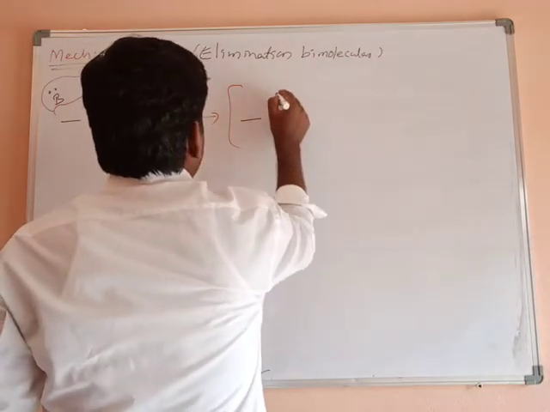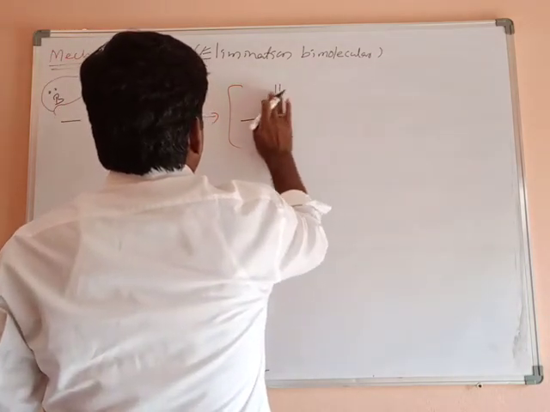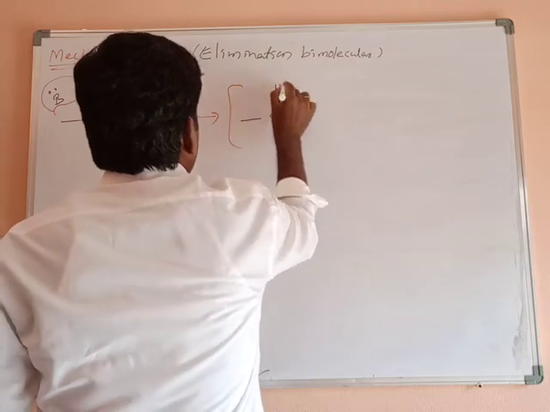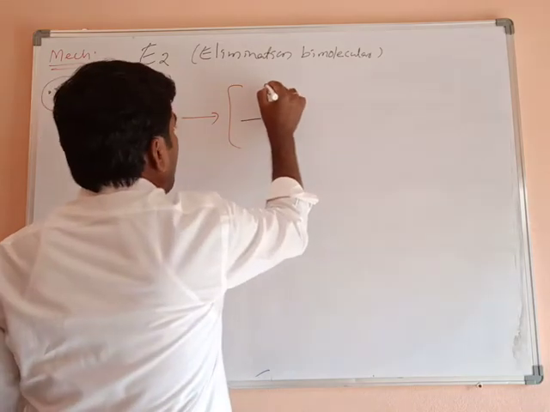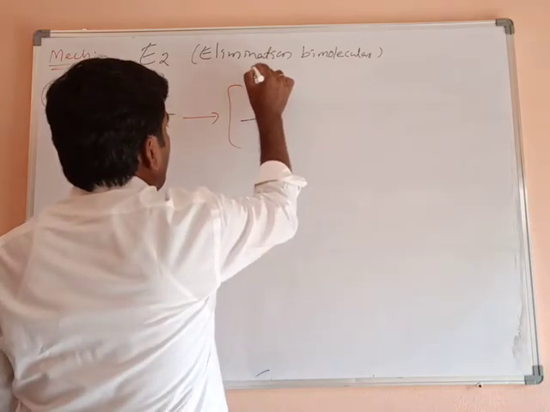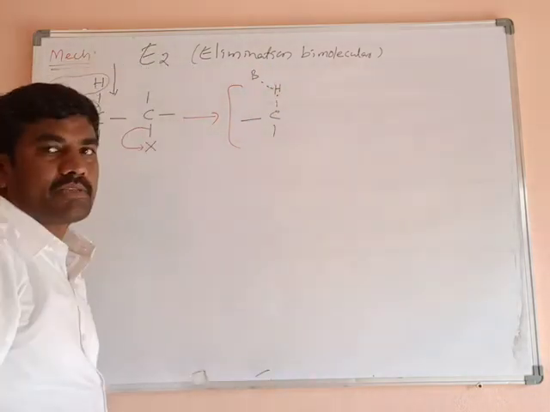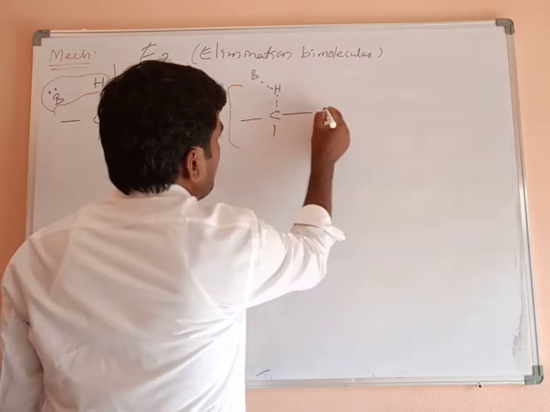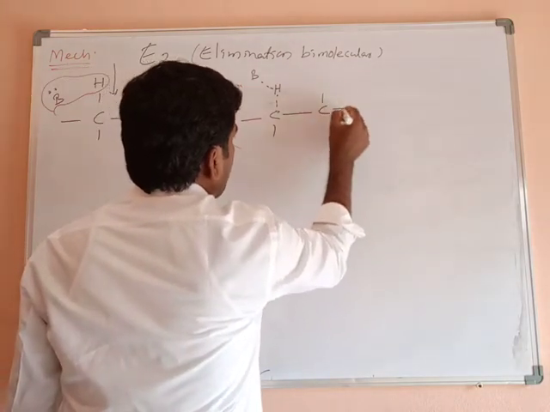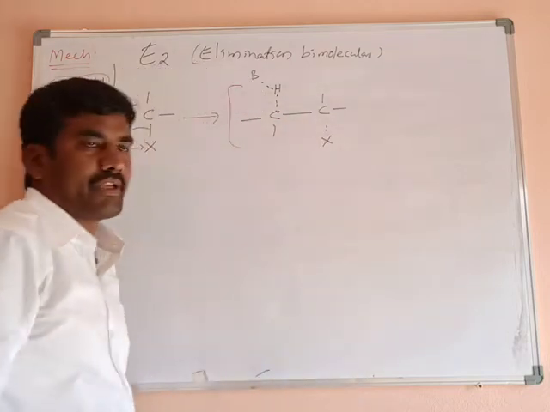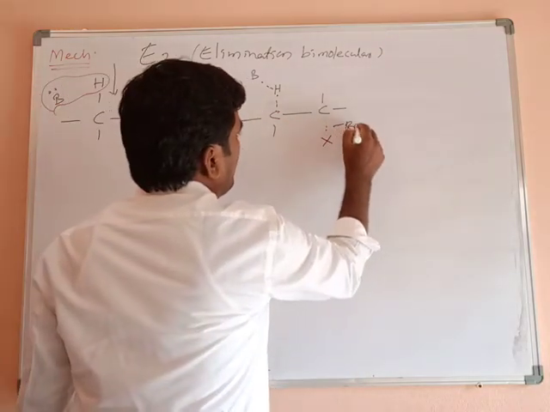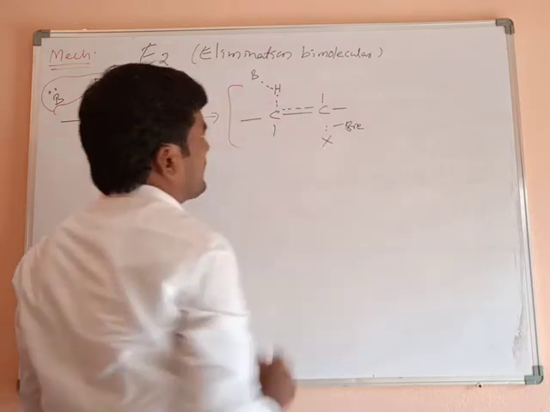New bond formation takes place. This bond cleavage takes place, means the dotted bond is going to cleave. Breaking of bond, and this bond develops with a base. Base bond formation takes place, and single bond is there. This dotted bond means this bond is going to break. Breaking of bond is there, and new bond formation takes place here.